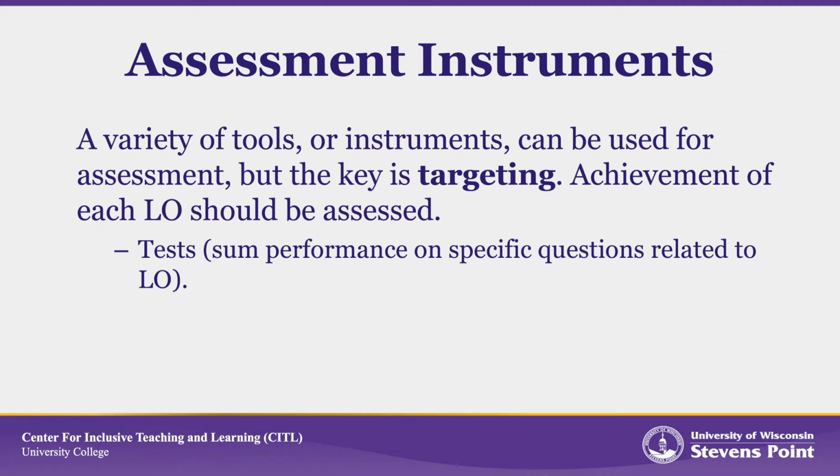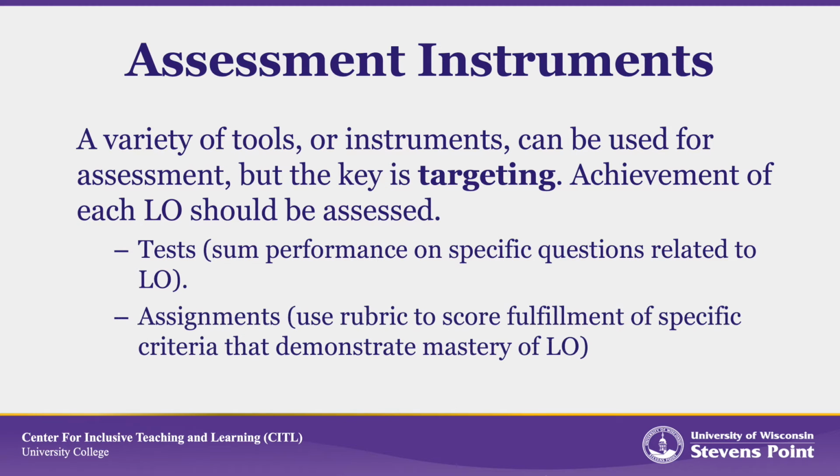If your assessment instrument is an exam, you might want to look at the students' scores on particular sets of questions that are tied to each of your learning outcomes so that you can evaluate their achievement with regard to each of those outcomes. If your assessment instrument is an assignment like a paper or a project, you can employ a rubric with separate criteria for mastery of each of the assessed learning outcomes.